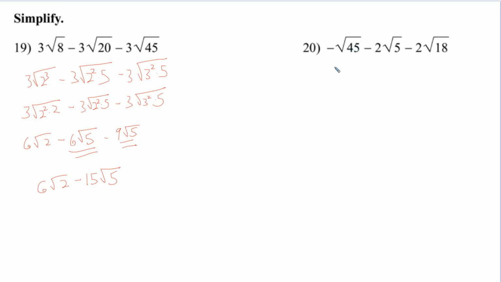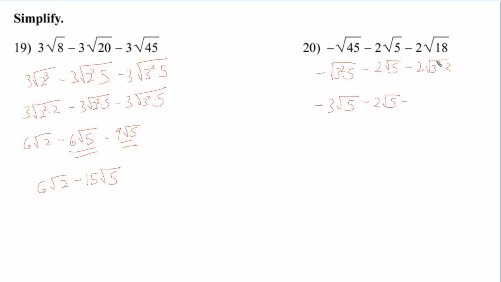Next one, similar idea. We can think of root 45. That's 9 times 5, or 3 squared times 5. Over here, this one's already simplified. We can't simplify the square root of 5 anymore. 18, that is 9 times 2, or 3 squared times 2. Square root of 3 squared is 3, root 5, minus 2 root 5,